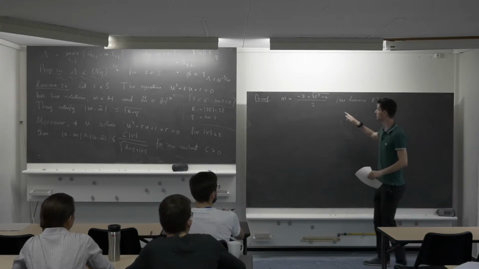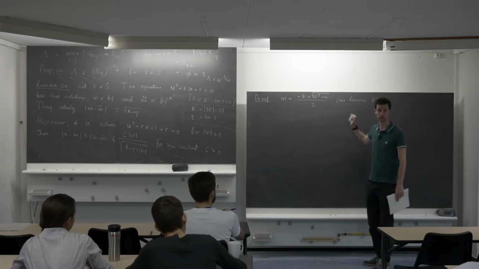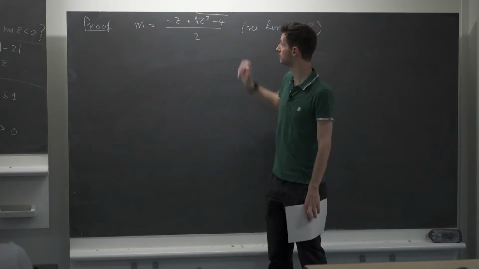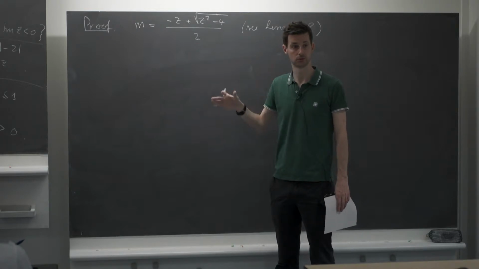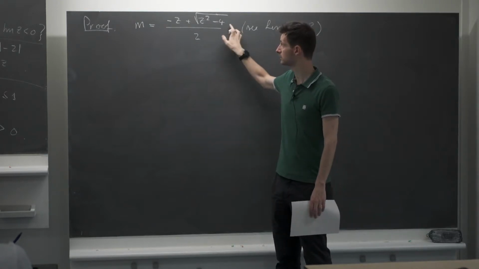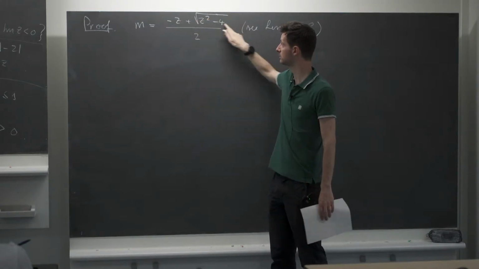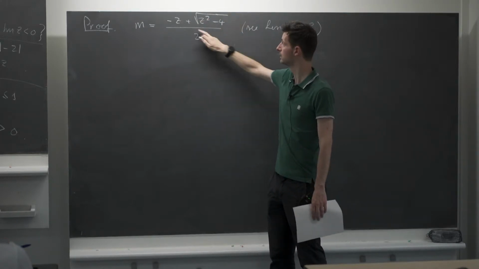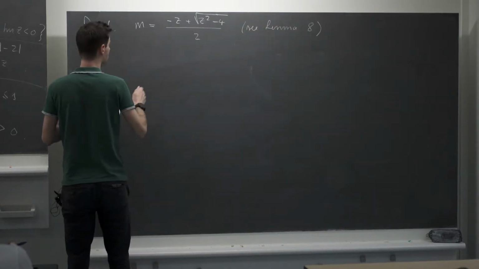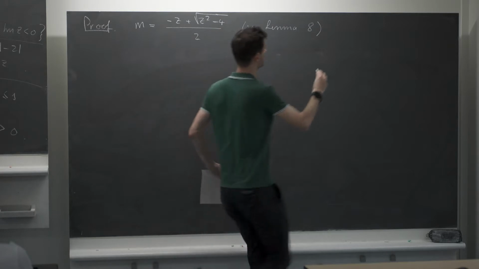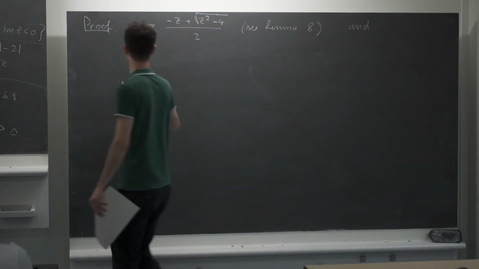And I'm using the convention, or the definition of the square root from Lemma 8, which means this square root, by definition, has a branch cut on the line from minus 2 to 2. Okay, so that's the definition of this square root. So then the plus is a uniquely defined square root. It has a clear sign. And I really take the plus. And the other solution, of course, is the same one with the minus. And I always use the same convention for the square root.